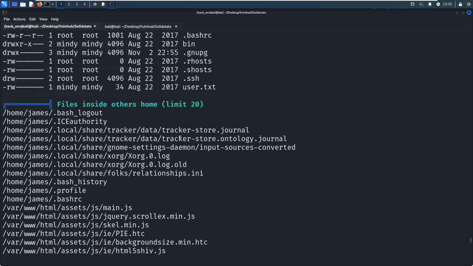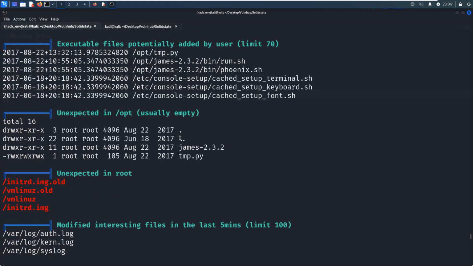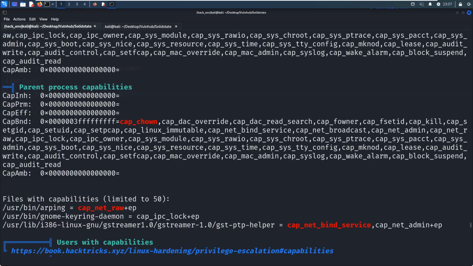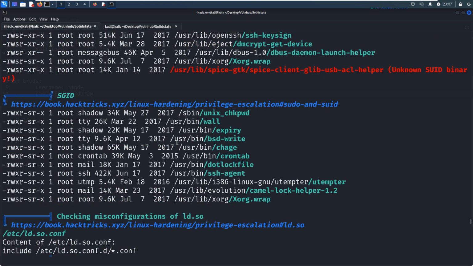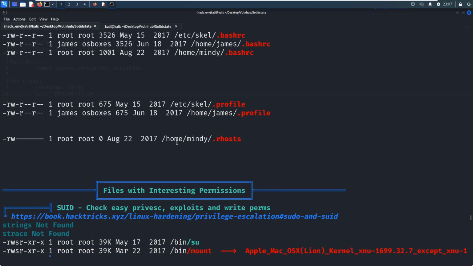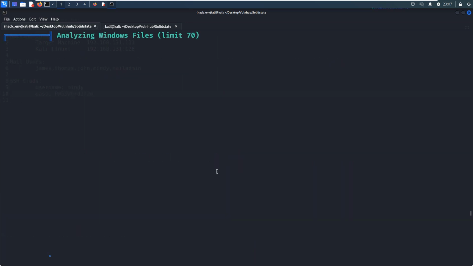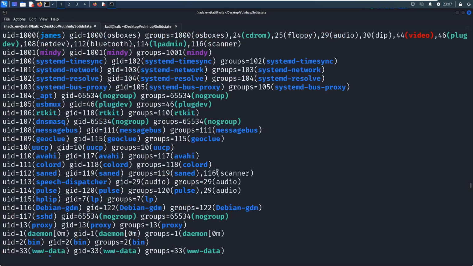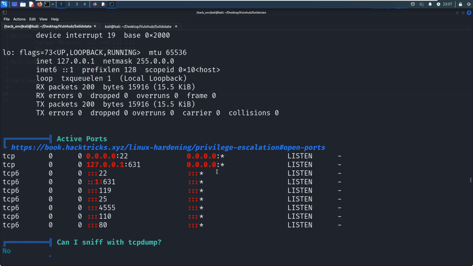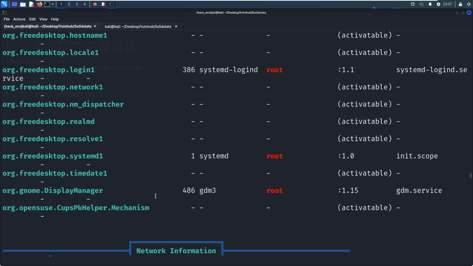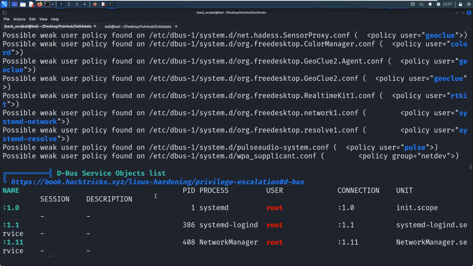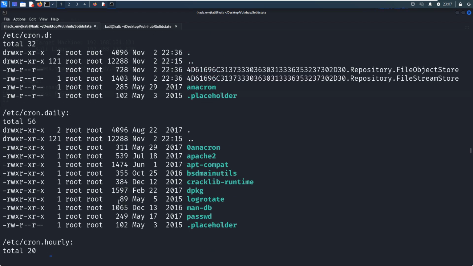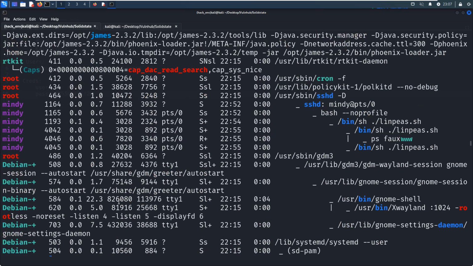The backup files, the binaries with capabilities, SUID, files with interesting permissions, PGP signature, process information, users information, active ports, cron jobs, processes.